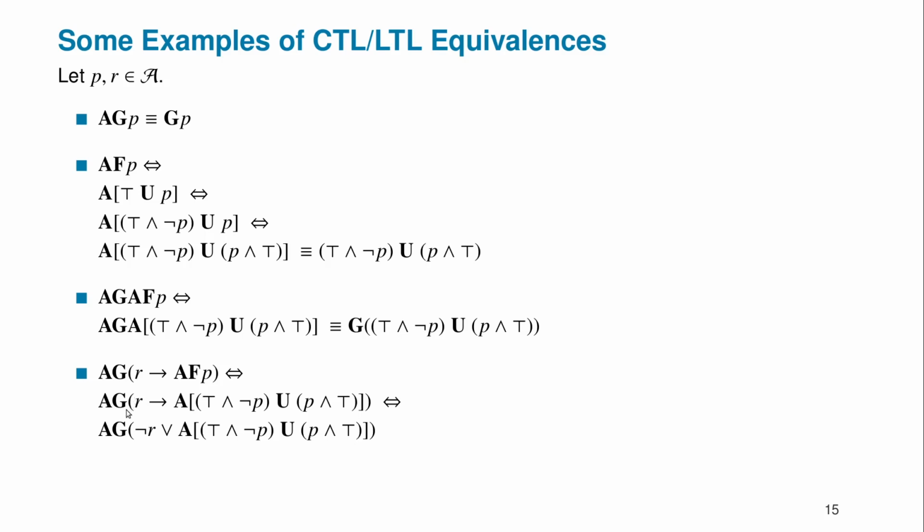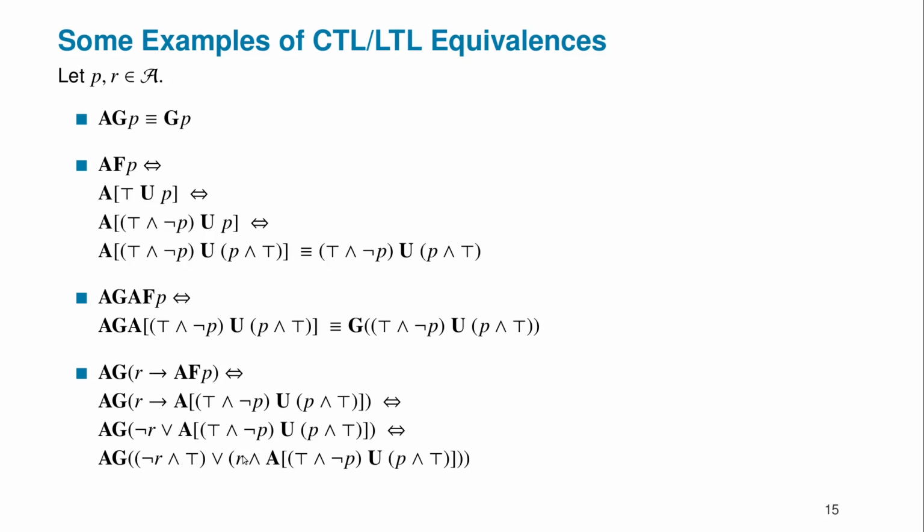So A implies B is the same as not A or B. This you can easily prove with a truth table. Here I did it directly. Okay, and now we're almost there. And the good thing is that we have a not R, and R atomic, on the left hand side of the disjunction. So what we can do is